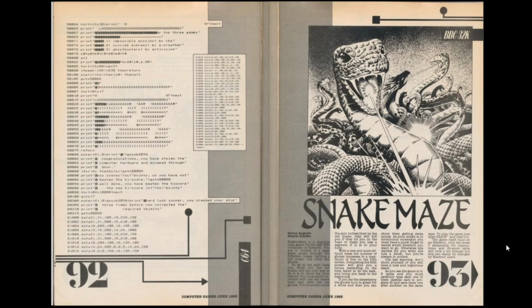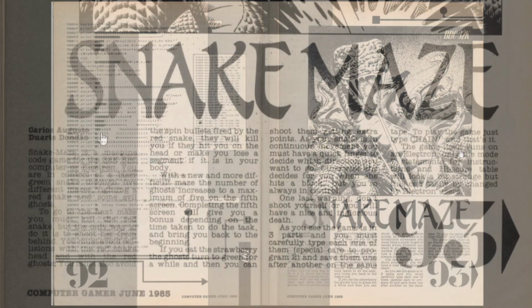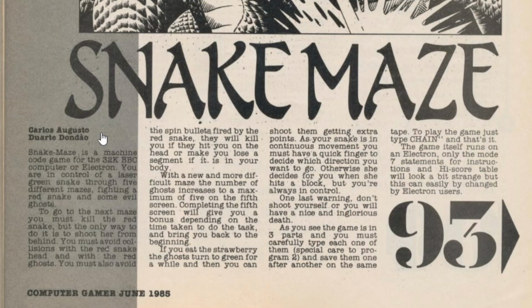All the game listings are grouped together at the back of this magazine, and on page 93 is the BBC Micro offering Snake Maze, which has a very dramatic picture of lots of snakes blasting each other, which wouldn't be a lot of fun to look at if you're afraid of them. The authors for this one are mentioned at the top of the introduction, Carlos Augusto and Duarte Dondao. These sound like they might be Spanish or Portuguese, which would make for a pretty unusual origin for a BBC